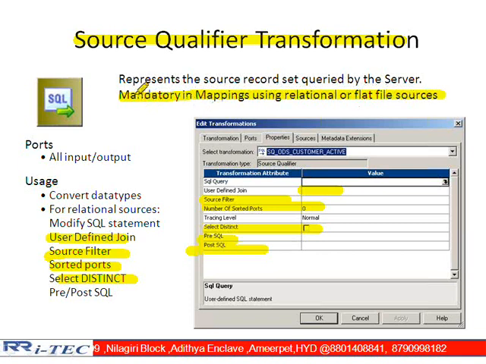It is useful to represent the source record set queried by the server. Querying means reading the data from the source. Our source may be a relational database or a flat file. Down the line we will come to understand how to modify the SQLs, user-defined join, all these things. These are different properties available, and we will understand their advantages down the line. Am I clear? Right.